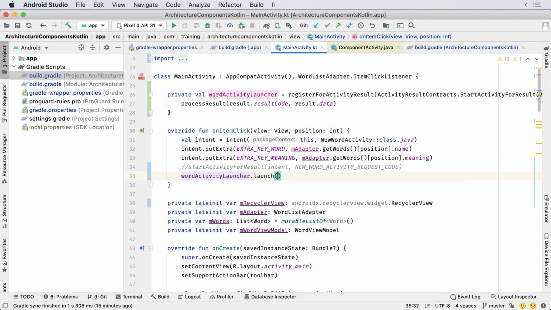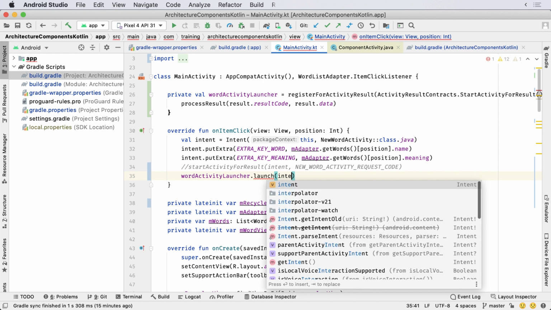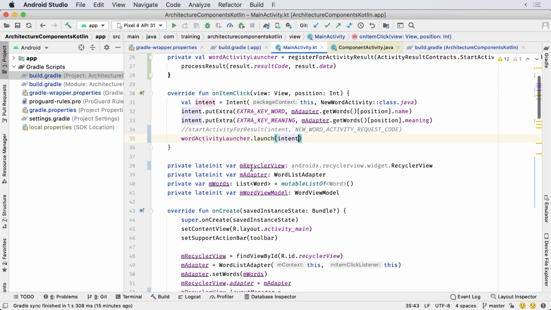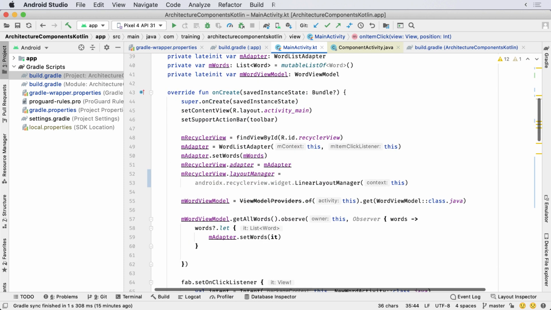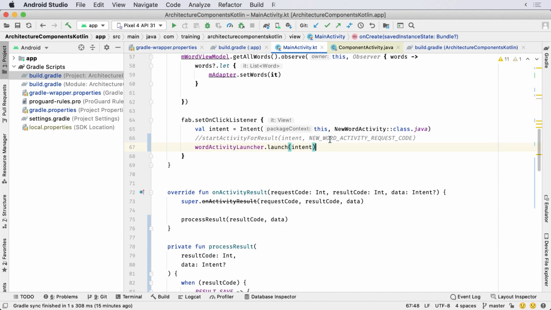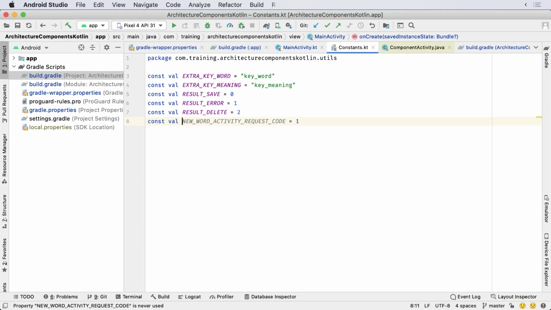Dot launch and the intent that you have defined with the parameters. That's it. Similarly, use the same launcher on click of fab. This new word activity request code is defined in the constants file, but you are not going to use it anymore.